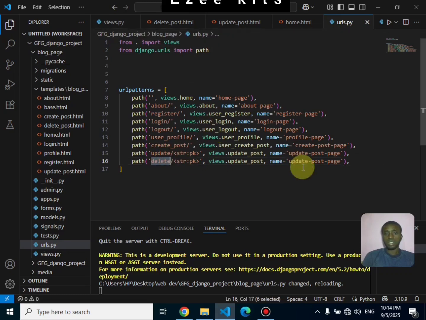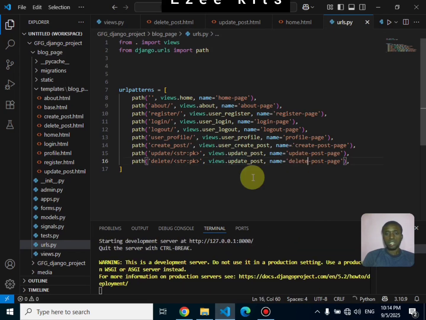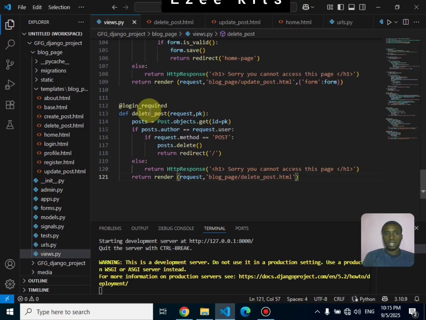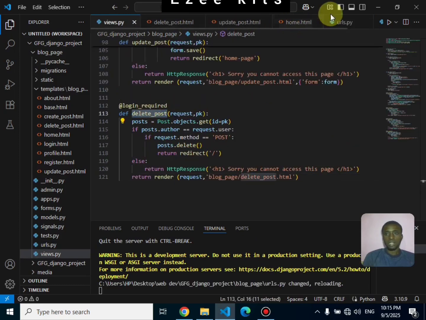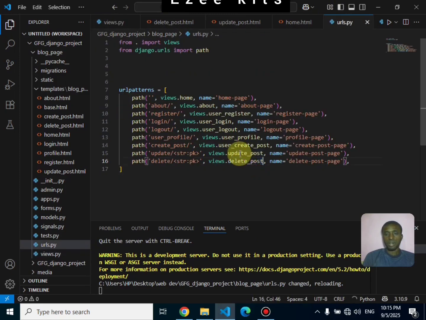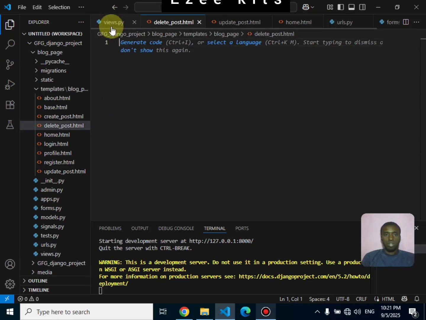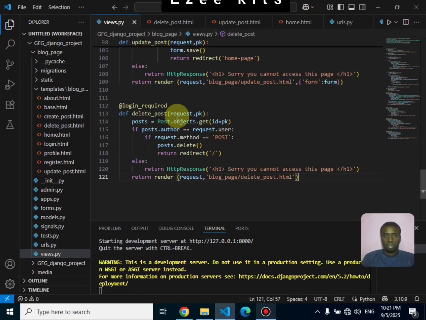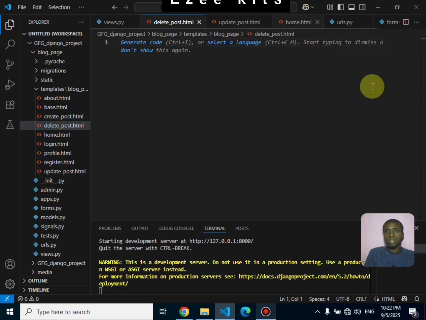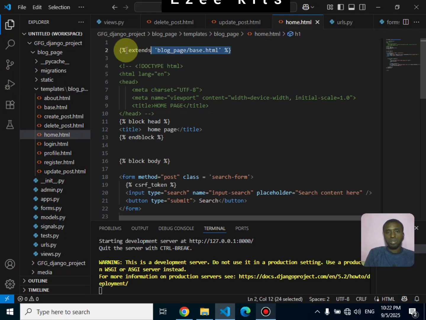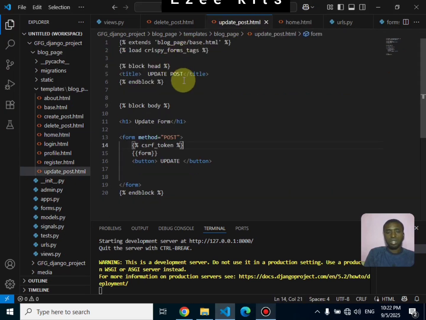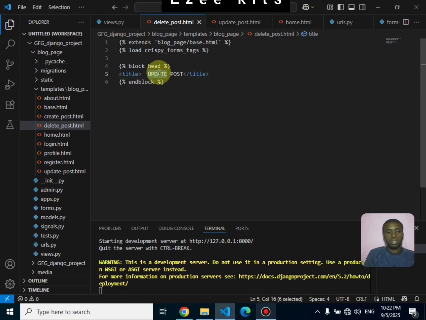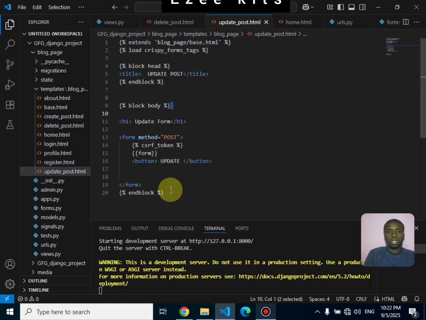I think this should be the delete post page. And which function are we going to? This delete post, simple as that. So I'm going to go to our delete post. Let's go. Hope everything was correct. Okay, so for this, a lot of the page.html, let me just copy this. Let's go to update post. I'm going to get all of these things. Now this is going to be delete post, so I'm going to that end block. We also want to make use of this, so just copy this,